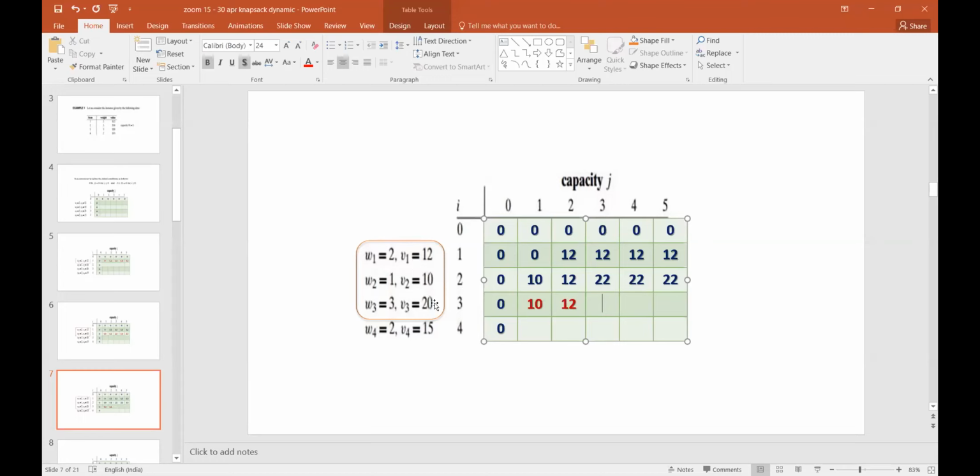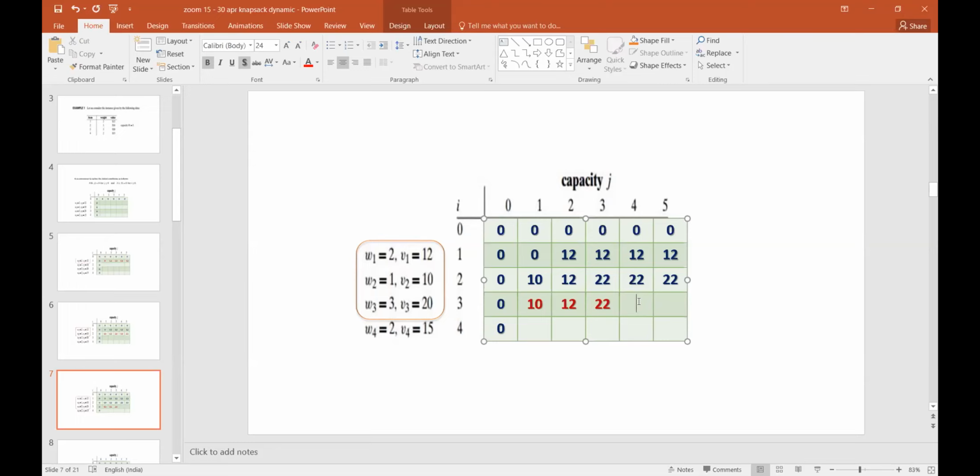If I put only object 3 with 3 kg, the profit is 20. But if I fill that 3 kg with object 1 and object 2, the profit will be 22. That is more than 20. So I will consider 22 here, because I retain the objects with more profit. So I will not put object 3 here. I will keep object 1 and object 2 as they are. Okay, when the capacity becomes 4,